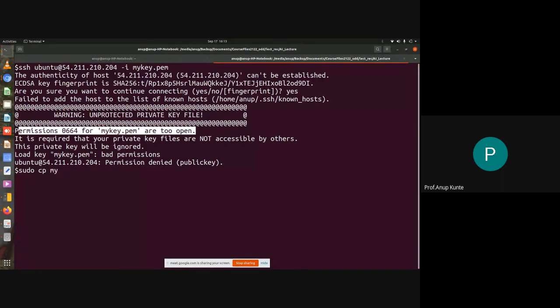Earlier, if you remember, I was trying to copy my key into a secure location. This happens on a Linux machine, maybe it will not happen on a Windows machine. If you are using PuTTY or any other application, I need to just copy this to my SSH.